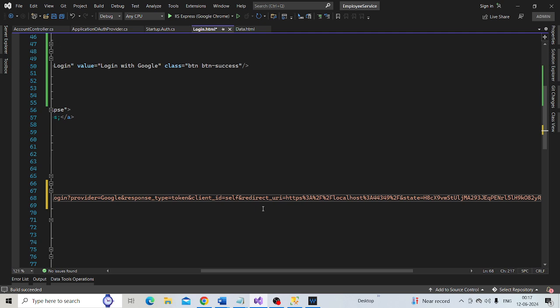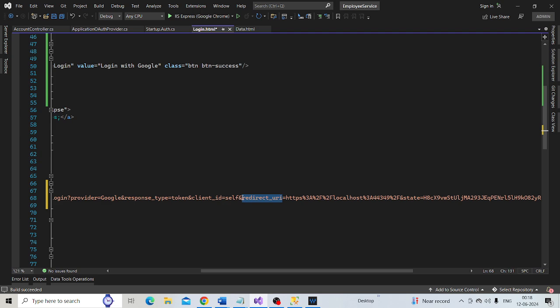Now if you notice the URL right here, we have got a query string parameter which says redirect URI. Basically this parameter specifies the URL that we want to redirect the user to after he is successfully authenticated by Google.